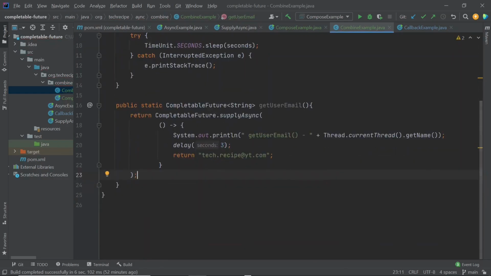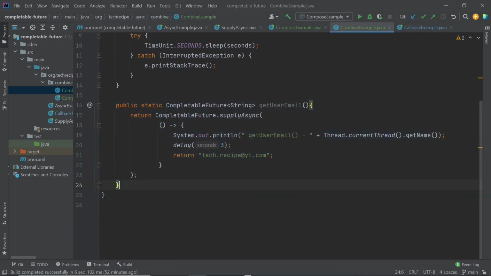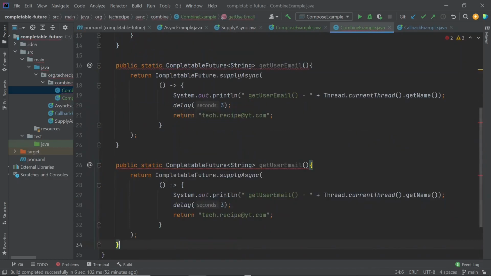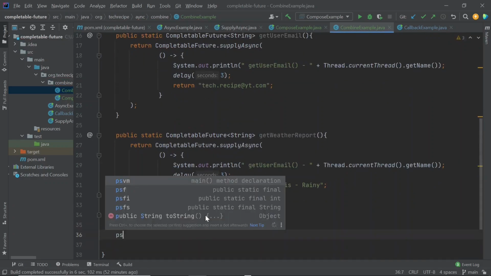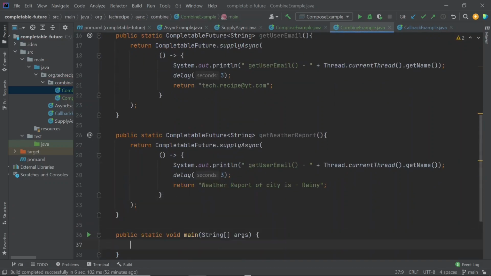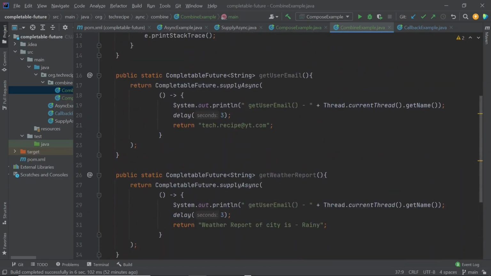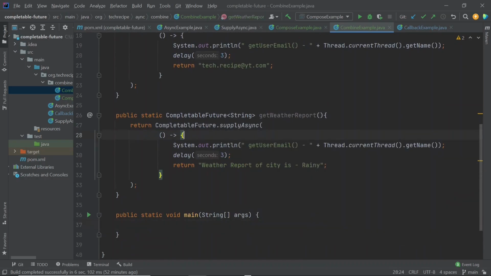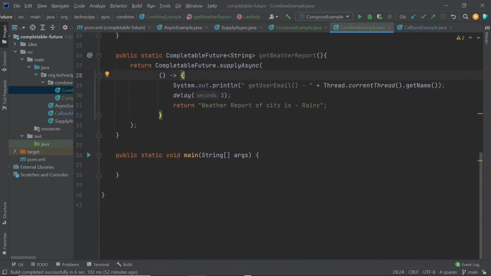Now for the weather report, it will be a similar method, so copy paste it and just rename it as getWeather. Okay, now let's go to the main method, and here we basically need to run these two methods in parallel and then combine this output and send an email.